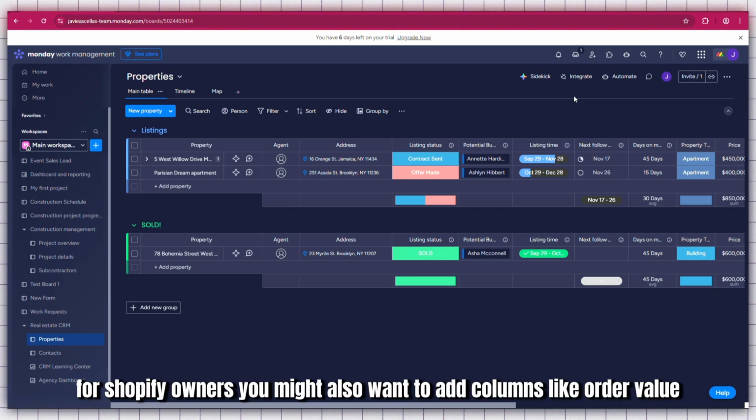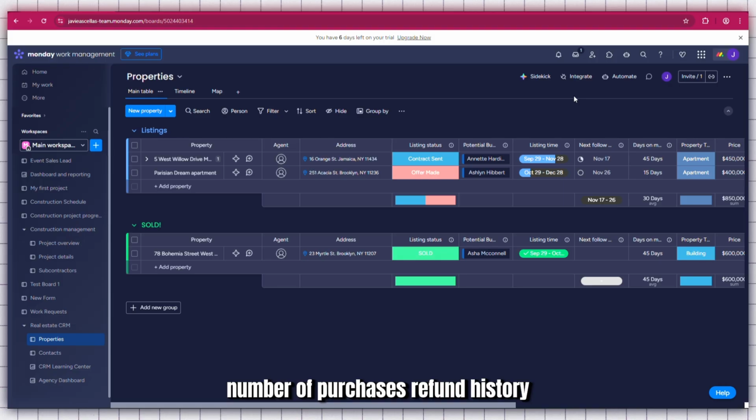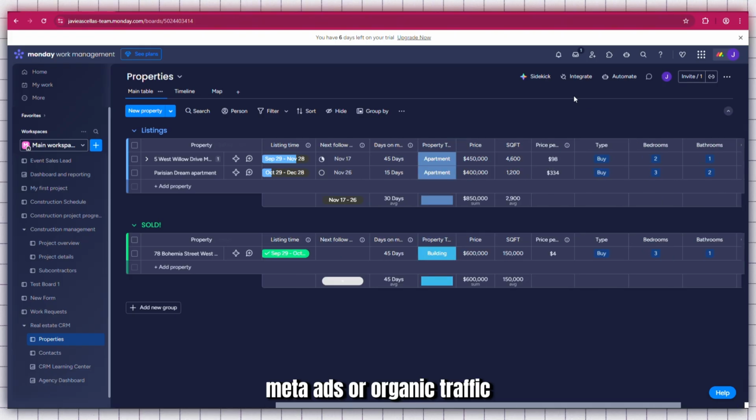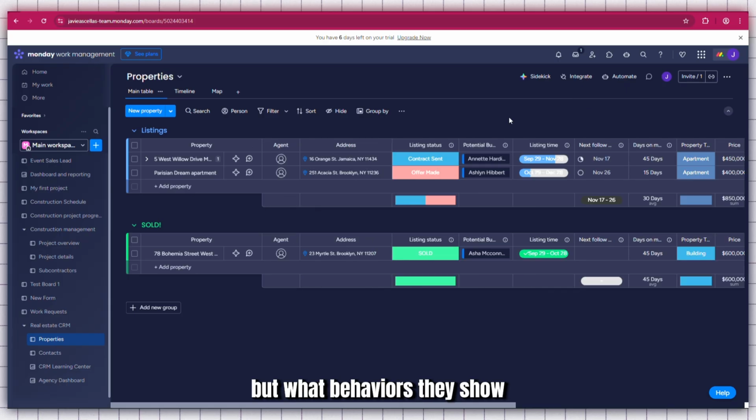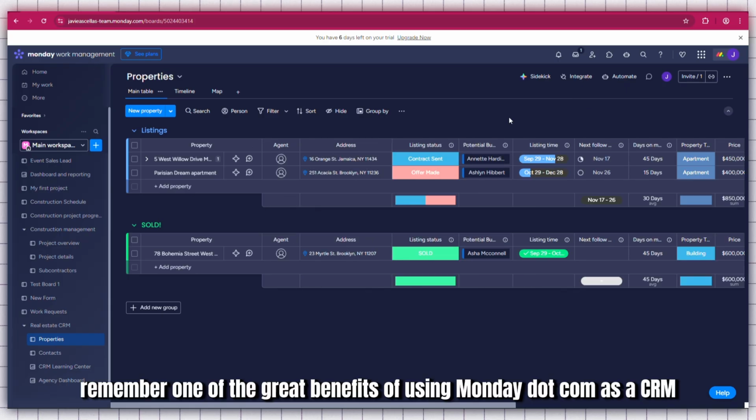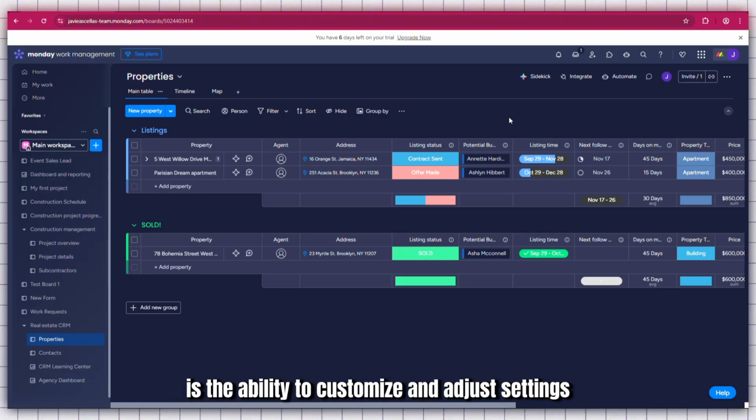For Shopify owners, you might also want to add columns like order value, number of purchases, refund history, or whether the customer came from TikTok, Meta ads, or organic traffic, helping you see not just who your customers are, but what behaviors they show. Remember, one of the great benefits of using Monday.com as a CRM is the ability to